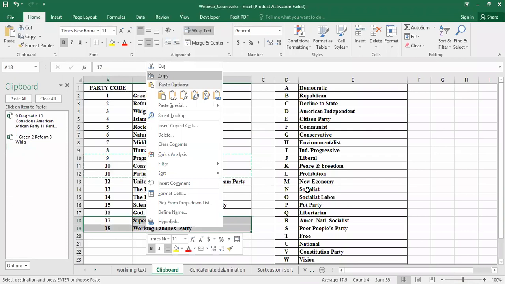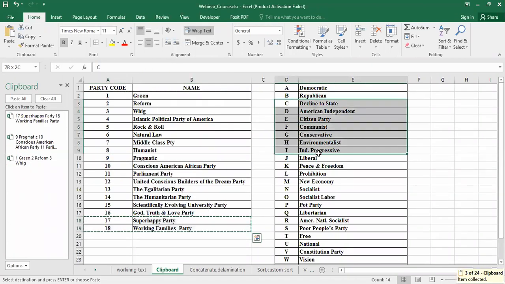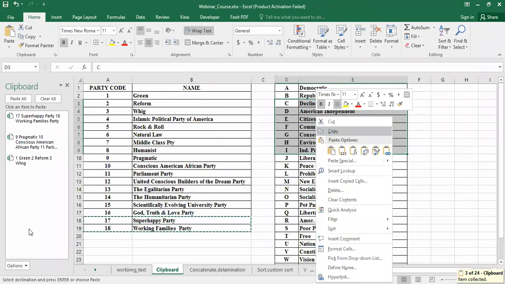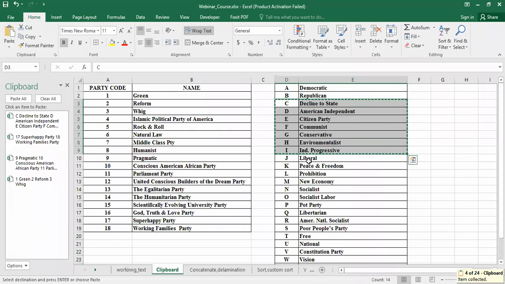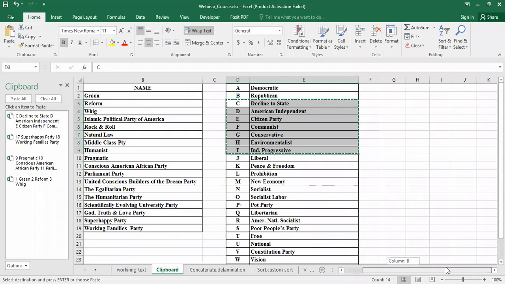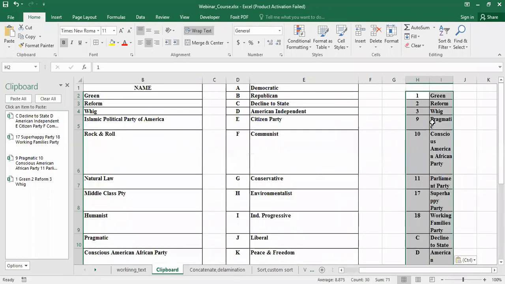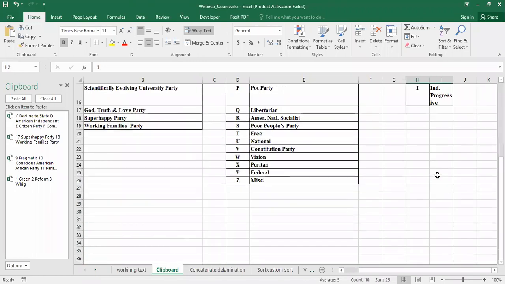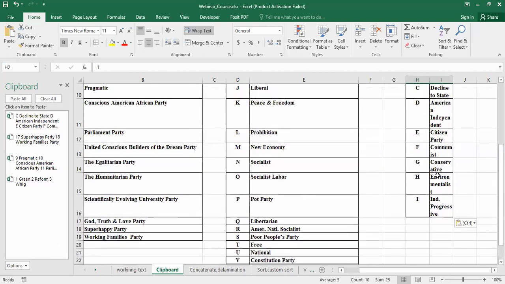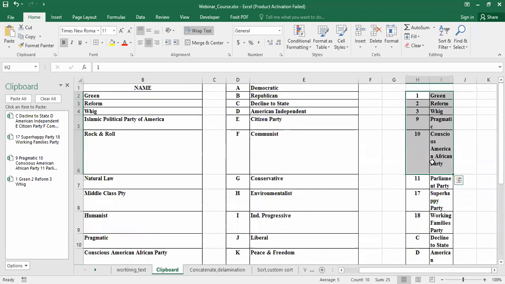Again, I will go copy. From another column, I want to copy this part. Again, I will go copy. So as many parts as you want to copy, you can do. All these parts will be saved over here. And I want to paste all these things which I have copied previously here. Simply paste all. You can see the parts which we have copied are pasted directly. So this is very magical actually. All the parts are copied and pasted.